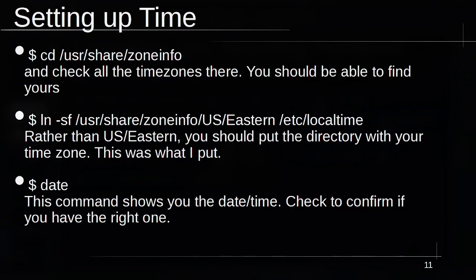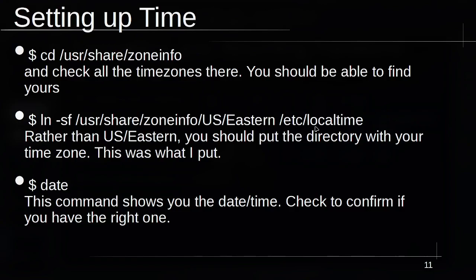So first off, you might want to check the /usr/share/zoneinfo directory, and you should be able to find your time zone. If you're in US Eastern, this is the directory you want to find, US/Eastern. And then to actually make it your time, you do ln -sf, the path where your time zone is, and then